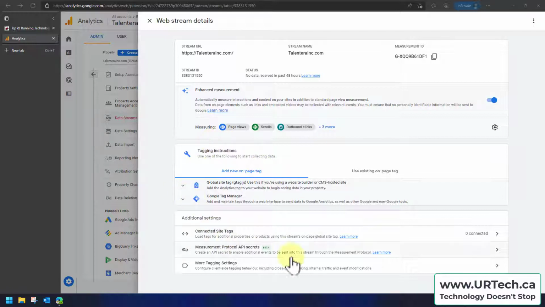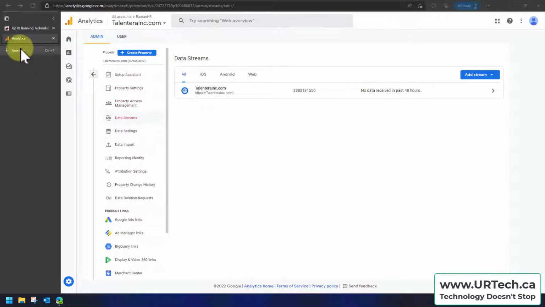And now you can see there's all kinds of detail down at the bottom here that you don't need to be concerned with at this point. And you'll also notice it says there's no data within the last 48 hours. That's right. Well, we haven't hooked it up yet, but even after we hook it up, it's going to take a while to connect. Okay, so at this point, what we need to do is go off to our website